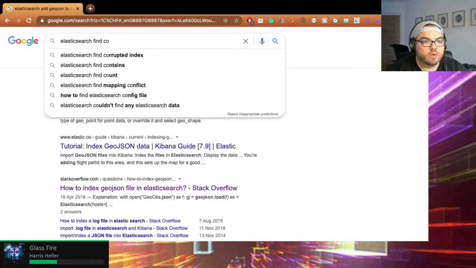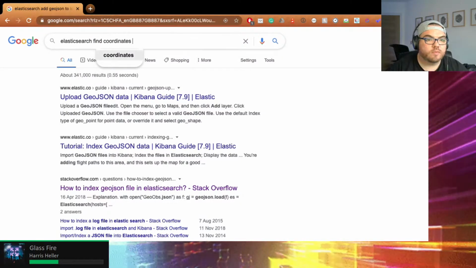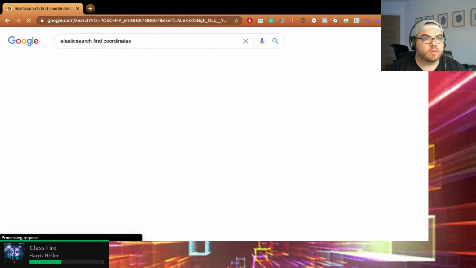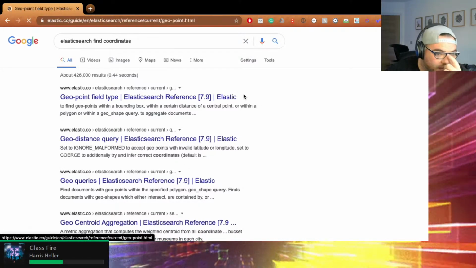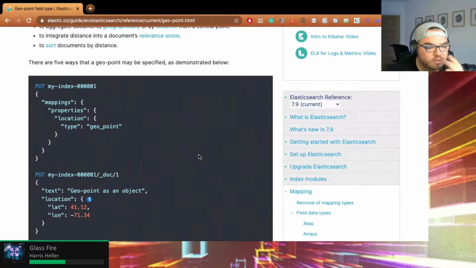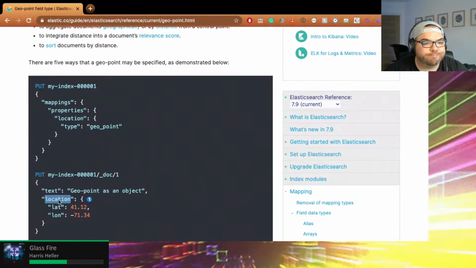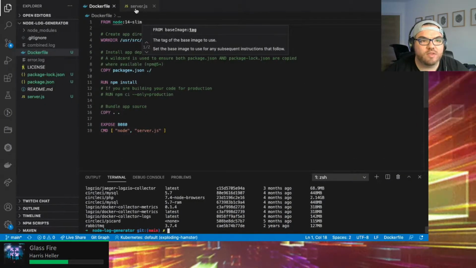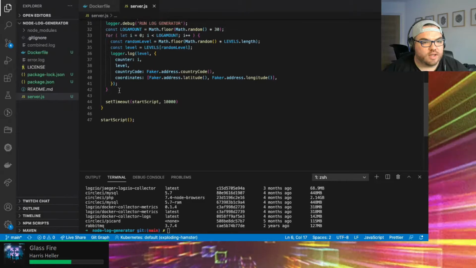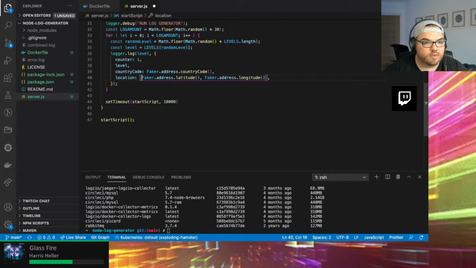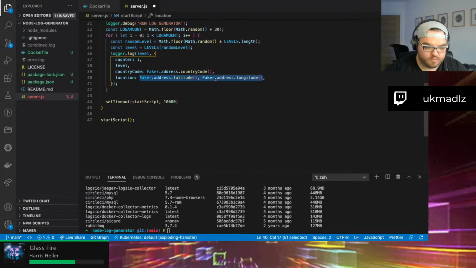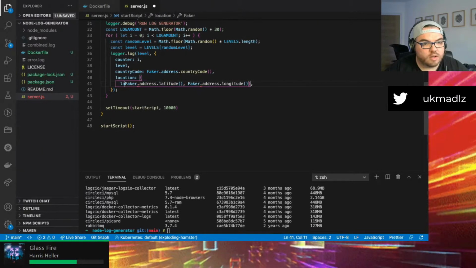Fine. GeoPoint type. Okay, so if I call great. It's the format of the data. Oh, it's the format of the data. Location.